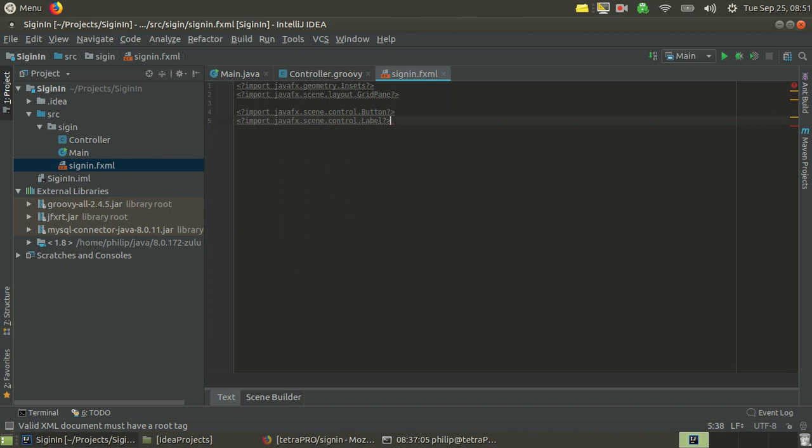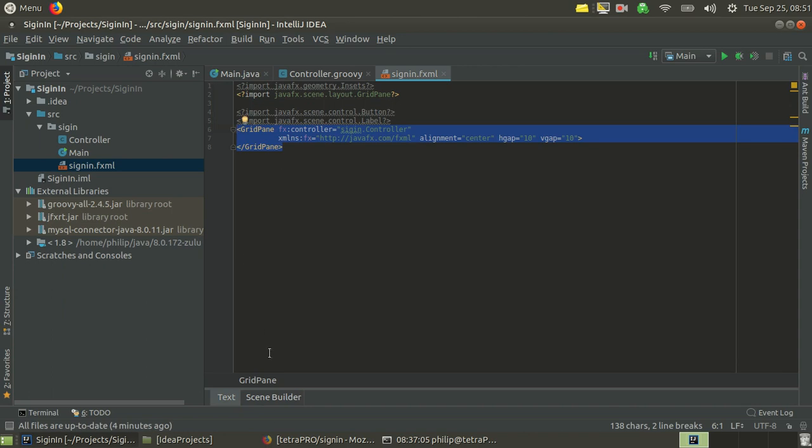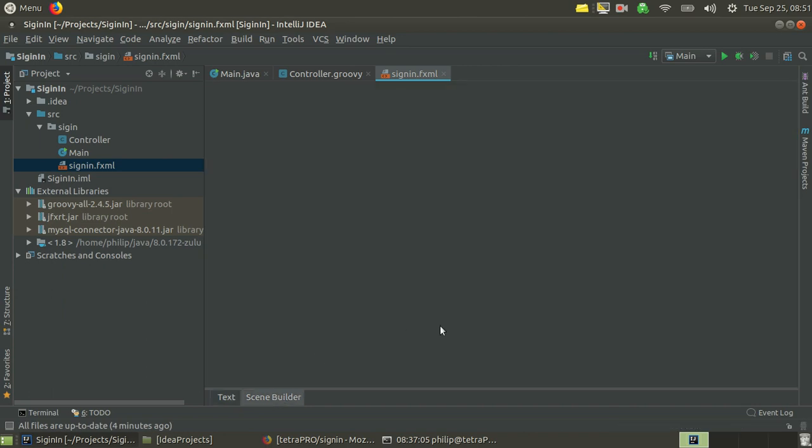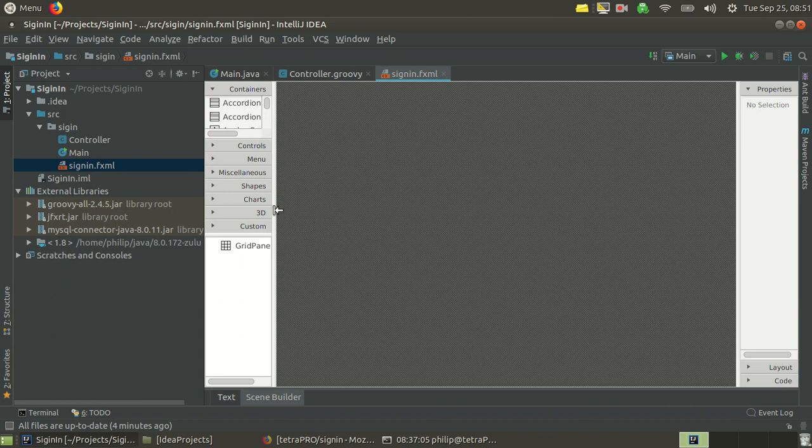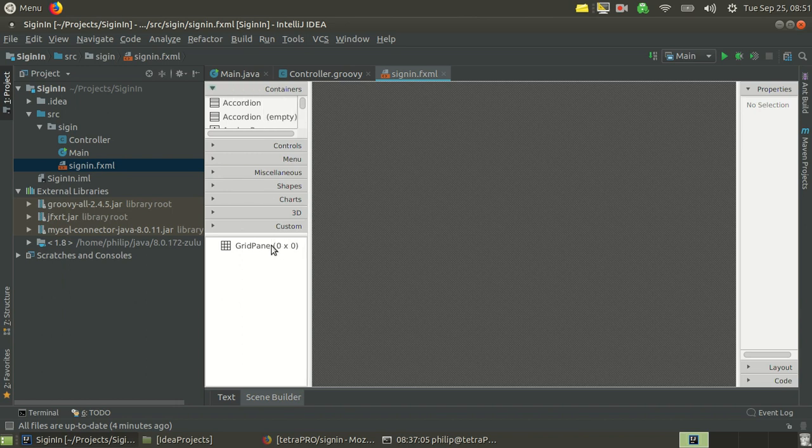Oh, we don't have. Here, let me do undo for a second. Control Z. Control Z. Come on, there it is. All right, we'll Control S to save that. Now let's go to Scene Builder and now open it up. Premature end of life. Okay, so we just hit this grid pane there,